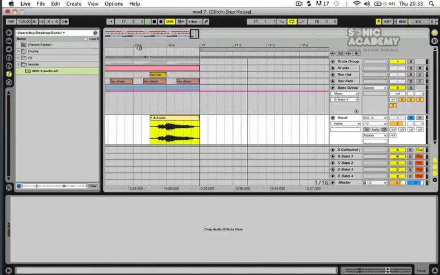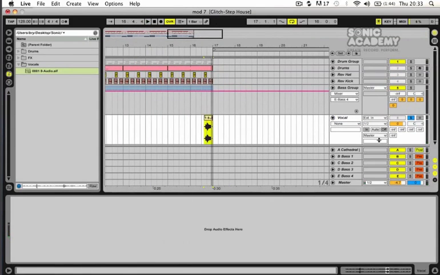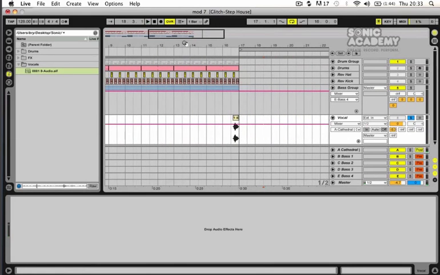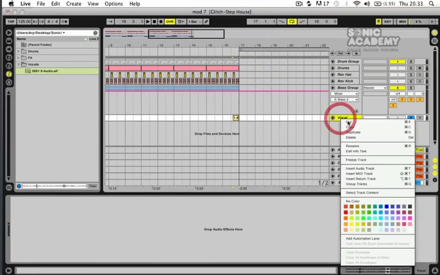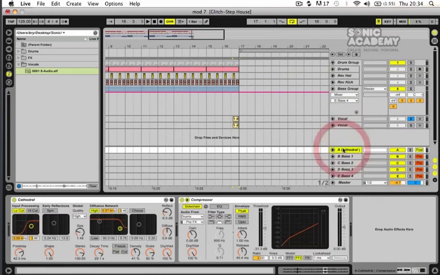And I'm going to try and send some of this to our Cathedral EQ, so we get a nice sound coming out of that by sending that to send A. So what I'm going to do here is we'll do a reversing trick on this to try and fill that out then. So I'll just duplicate that track, and I'll go to the Cathedral EQ, and I'm going to Alt and click